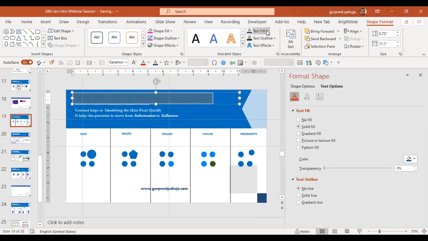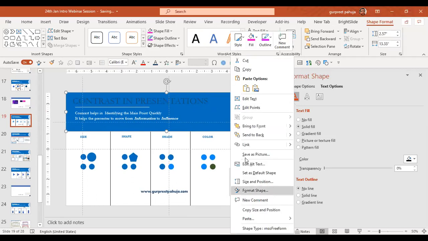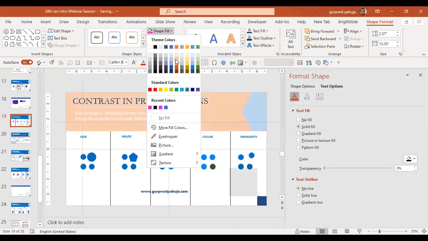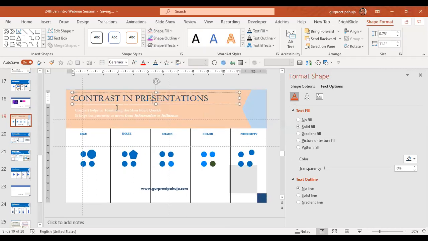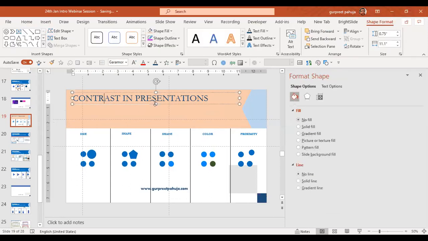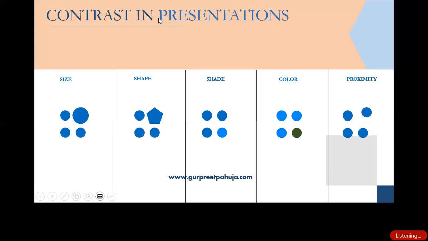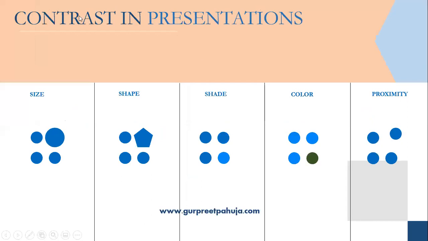Rather, let me take some light color, or let me change the background. Shape fill, I will do some light color. Okay, so don't look at this. I will delete this. Look at this. If I want to highlight this one, I'll go to text fill and I will change this color. Can you see that in the slideshow mode? Yes. So there's something different. So this is how you can show the contrast. This is one of the ways in text.